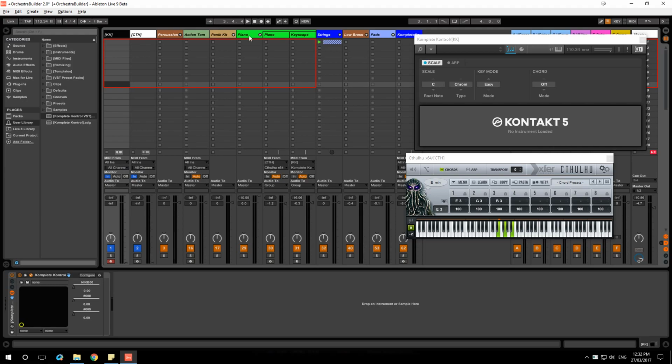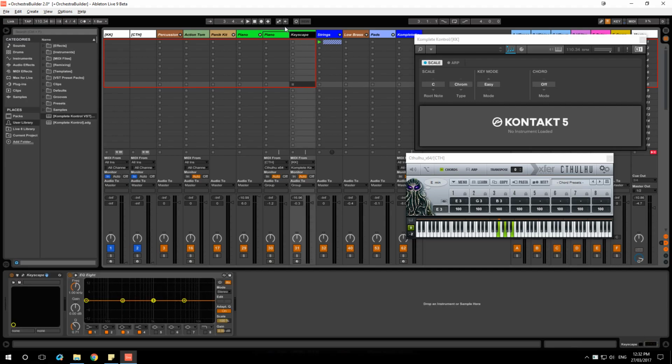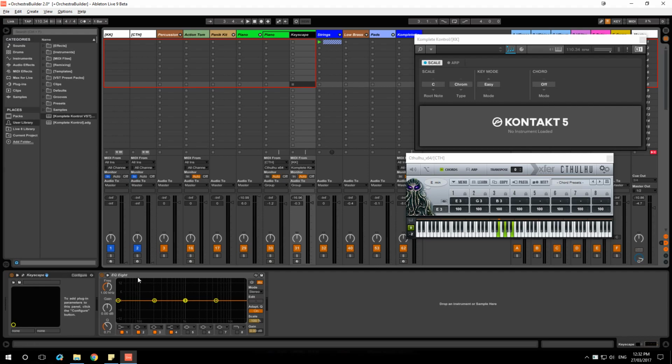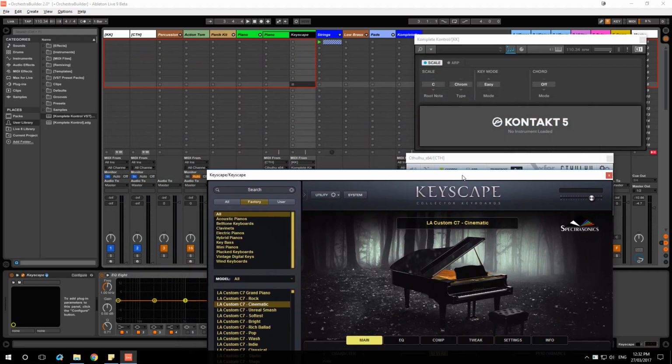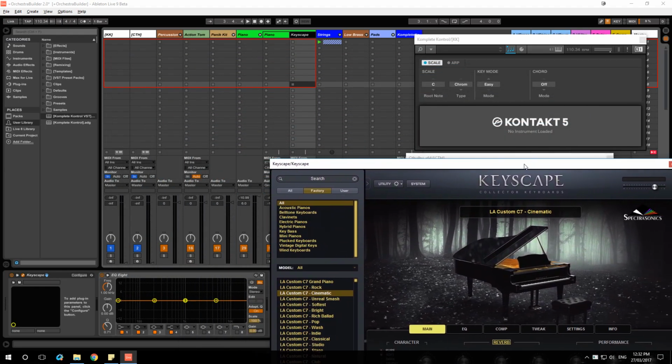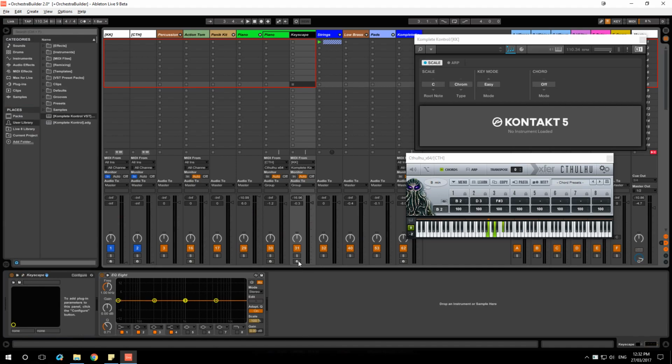Now what we want to do is, if I go down to my piano tracks as my little example, I've got an instance of Keyscape. Now you'll notice that Keyscape here, if I pop this open, I haven't configured it, I've literally just loaded it in. Open up Keyscape. It is just a raw version of Keyscape. Selecting this track though, I'll play, and even though information is going in here, it is not triggering Keyscape. Now the reason for that is because the track is not armed. All I need to do is arm the track, press a key,